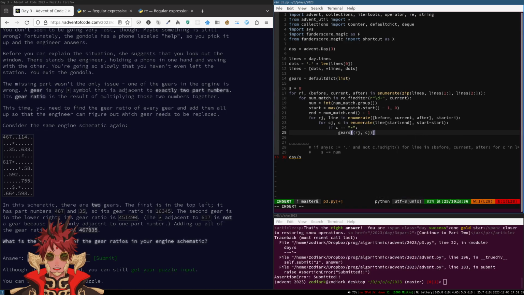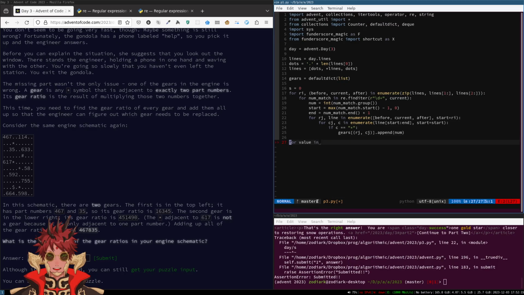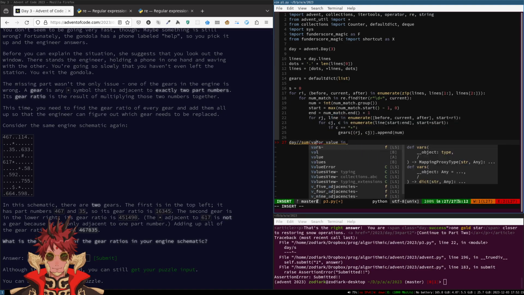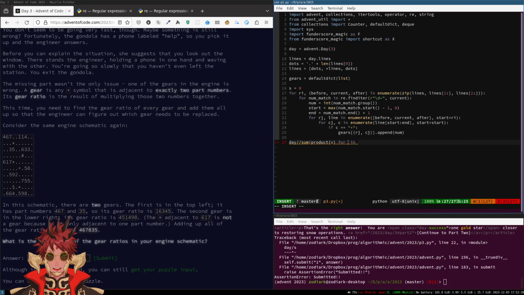If so, we're gonna stick this number in association with this gear. And now the gear ratio is, so it's just a sum. You just product each pair in gears if they're exactly 2.